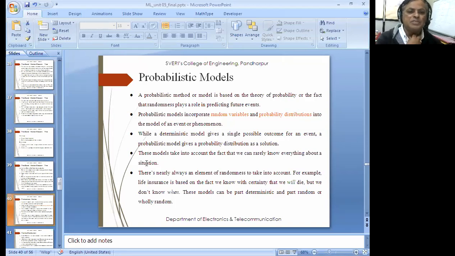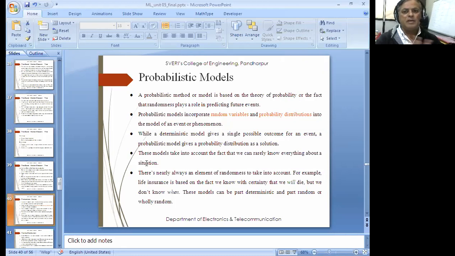It incorporates random variables and probability distributions. So obviously it is all about randomness. The variables are going to be random variables, the distributions are going to be probability distributions, and then we are going to have a model which could predict future events. While the deterministic model gives a single possible outcome for an event,